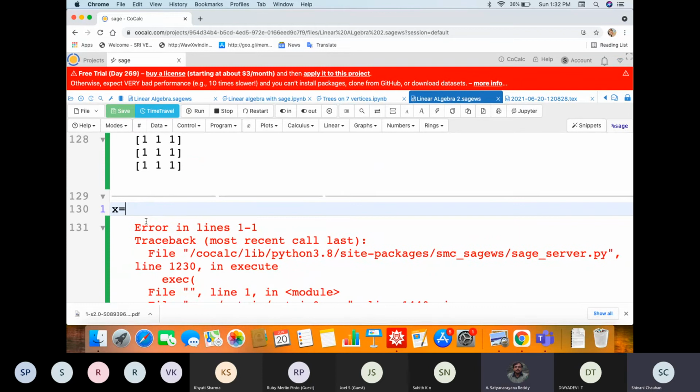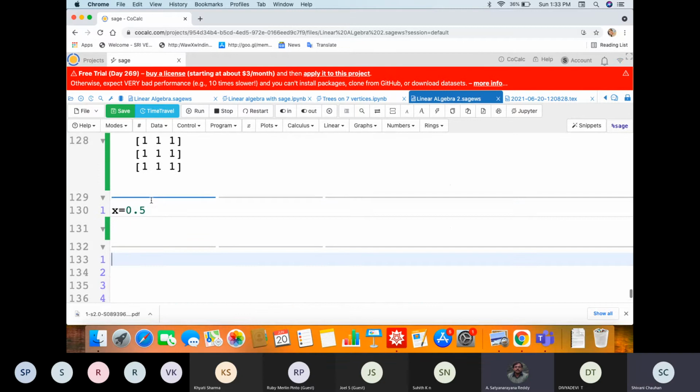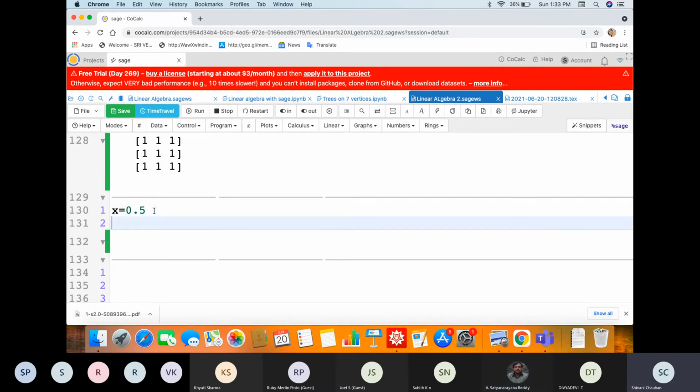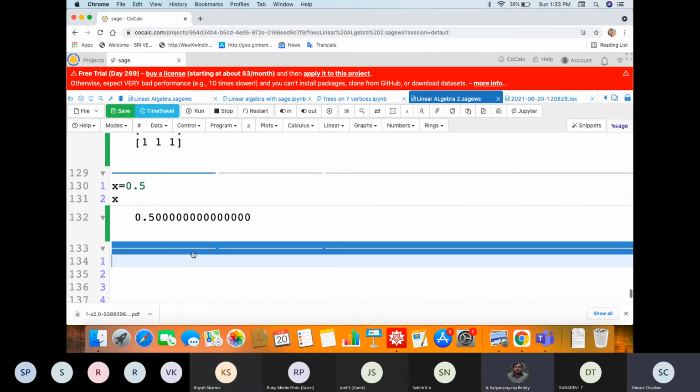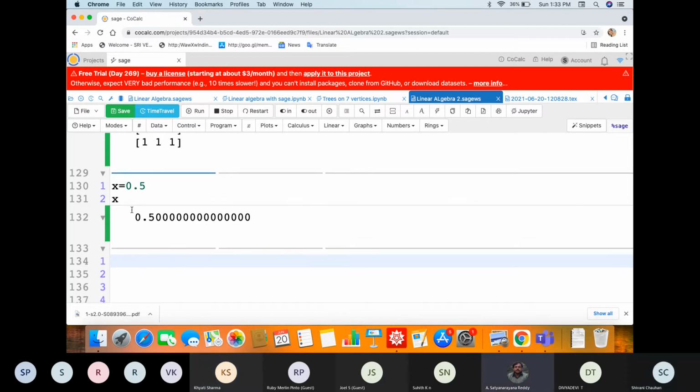Now enter and see what is x. Now type x. So now she wants 1 by 2, right? x as 1 by 2. How do you get it? First, if you answer, then we'll see the matrix part.